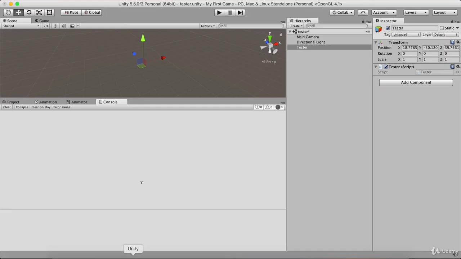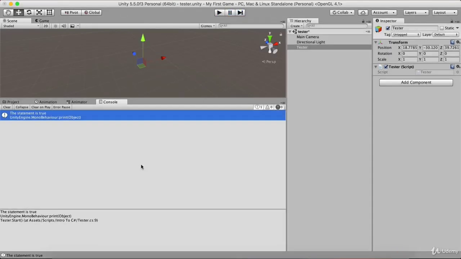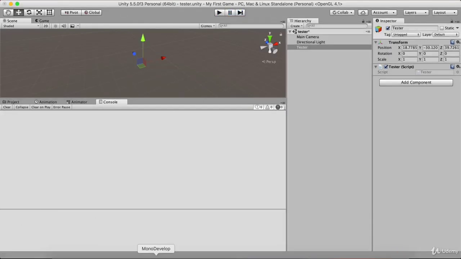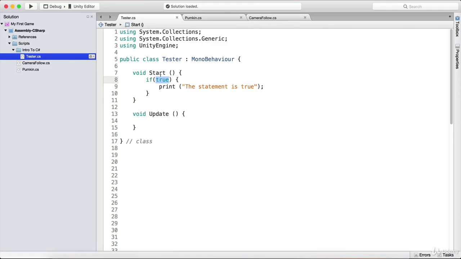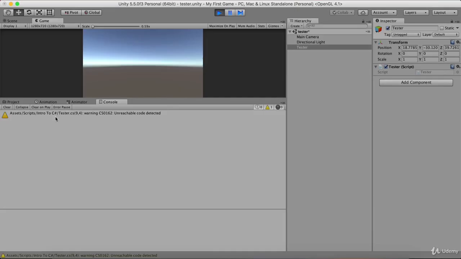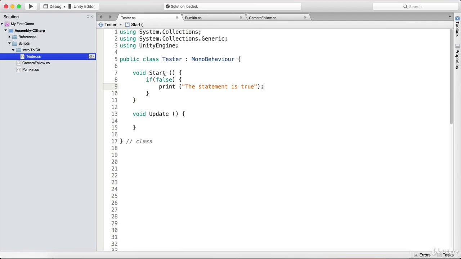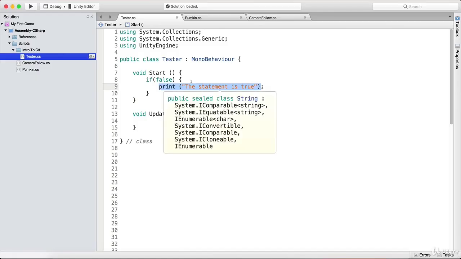If I go here in Unity and run our game, we're going to see the statement is true being printed in our console. I'm going to clear it and go back. And if I set it to false, this will not be printed. If I go here and rerun our app or game, nothing is being printed. It says unreachable code. And in fact, it is true. This is unreachable code. False will always be false and we will never execute the code that's right here. Let's take a different